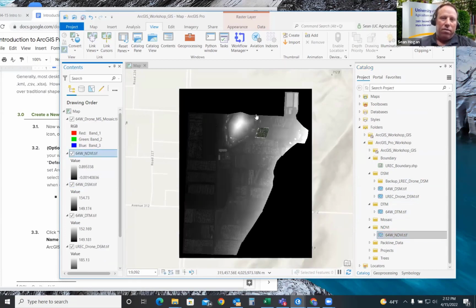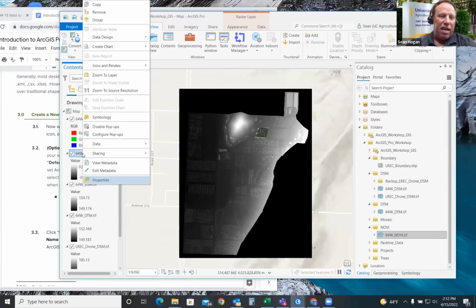So let's look at that one a little bit closer. I'm mixing up the steps a little bit from the exercise. These are covered in there, but not necessarily in the exact order of what I'm going through right now. Later on, in the exercise directions, it'll refer to zooming to layer. Let's just do that now. The way that works is you click on that NDVI layer that you just added in, right click, and go up to zoom to layer, like a third of the way down.